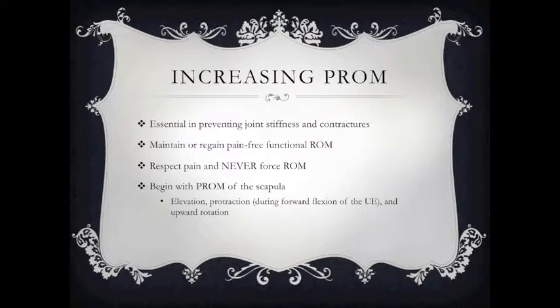Also be sure to respect pain and never force range of motion. Instead, only range to where the resistance is felt, never further. Begin with passive range of motion of the scapula, as this is the starting point for the range of motion of the shoulder joint. Be sure to start with scapular elevation, then move to protraction during forward flexion of the upper extremity to less than 90 degrees, and finally, move to upward rotation once elevation and